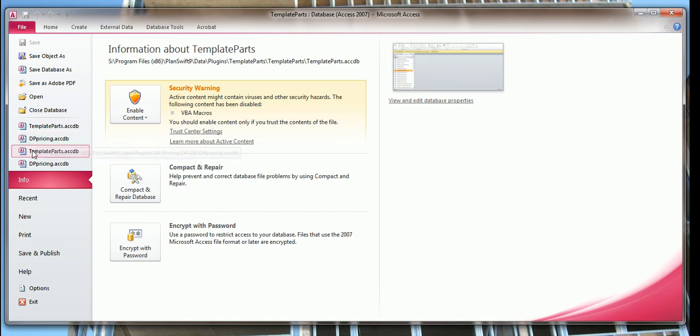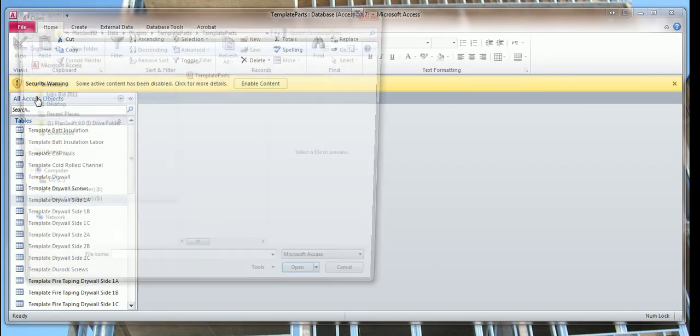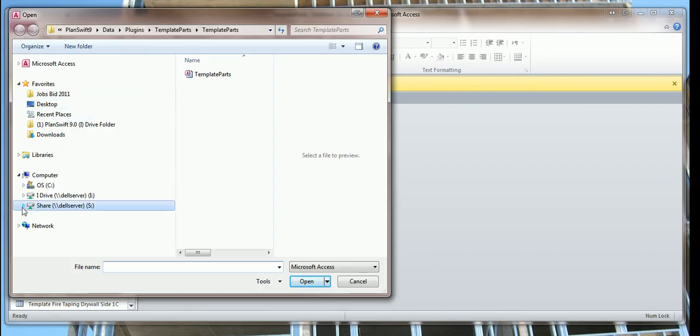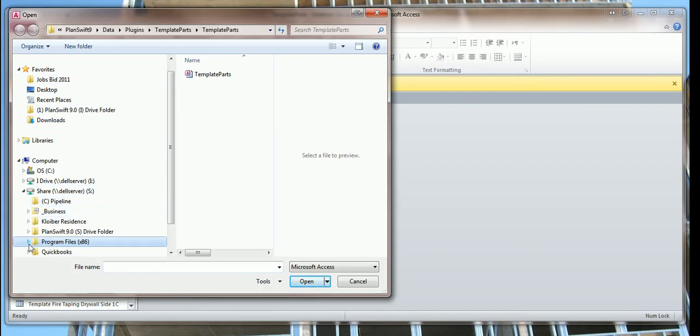These are just recently opened. See, this one's going to show the C:\program files, and this one's going to show the C:\program files, because all these here are just recently opened tables. When you want to open the table, you want to go here and search for the table and open it from there